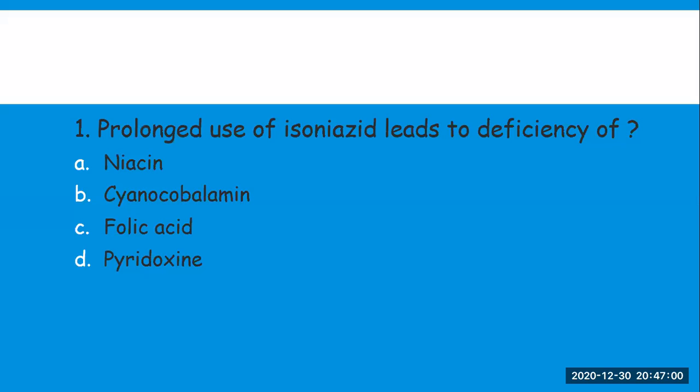So the first question is: prolonged use of isoniazid leads to deficiency of: A, niacin; B, cyanocobalamin; C, folic acid; D, pyridoxine. So the right answer is pyridoxine. Isoniazid drug is used for the